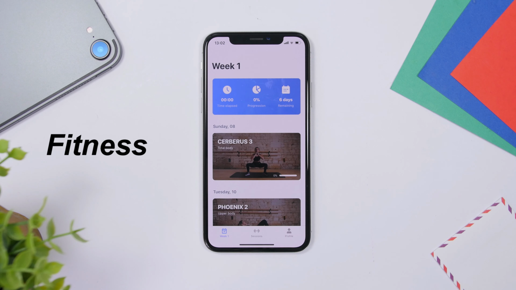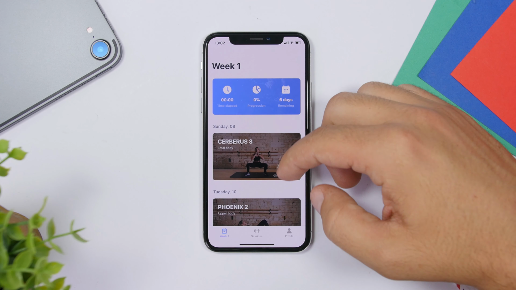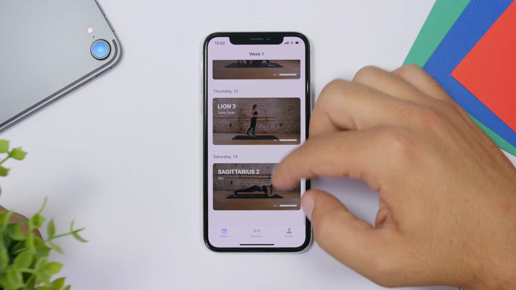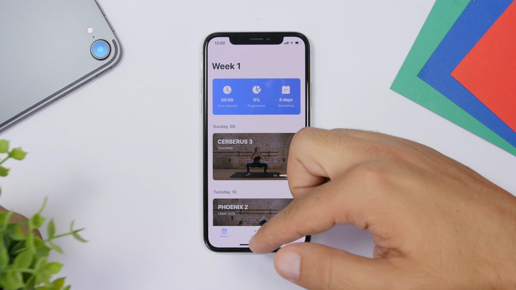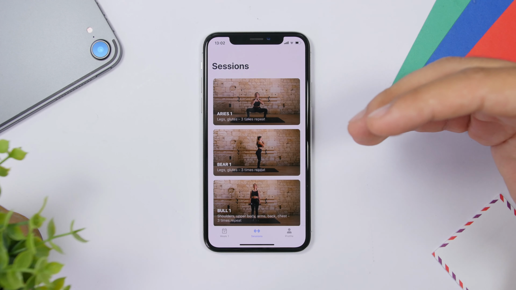And last but not least is a fitness app. Now I have chosen this one because of course it is new, it has been released in September, and also it is totally free. You very rarely will find fitness apps that are free. Now from here you will find a ton of different workouts that you can go ahead and do during a day. Now once you open the app, you select how many workouts you want to do a day,